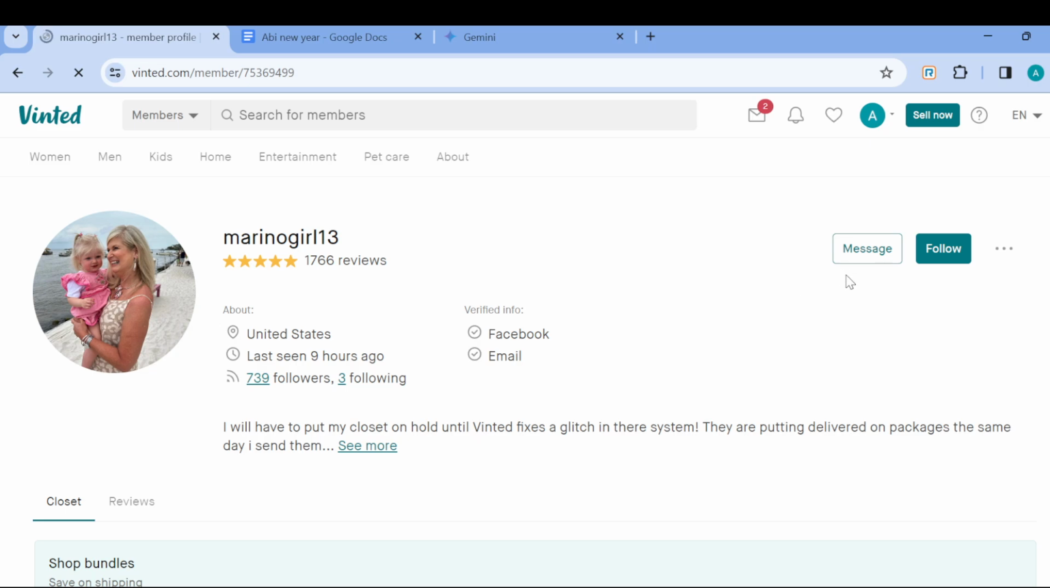the next thing to do is move to the right side of the screen where you can see message, follow, and more options. Once you can see more options, just click on that. And then once you click on the more option button, you can see two options. You can see report, you can see block. So to report the person, just click on the report option here,